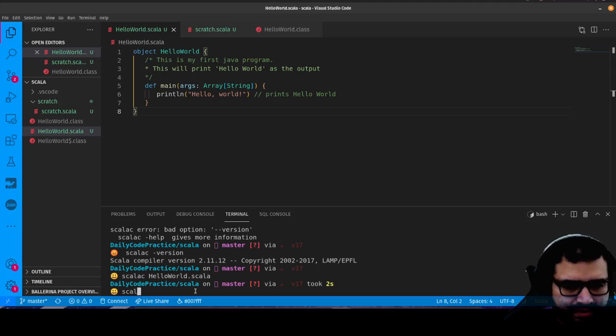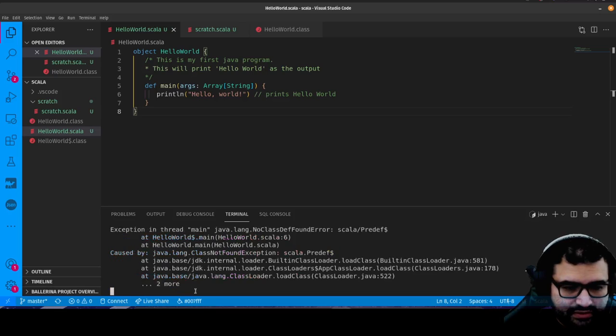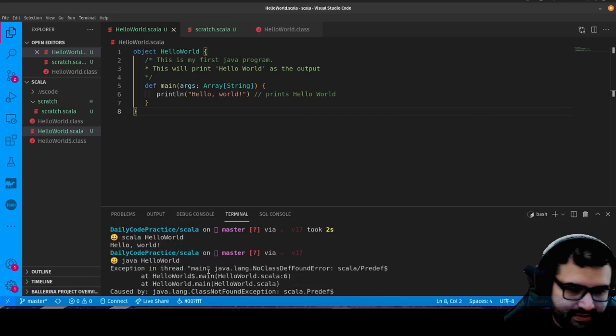Then I can just run it by typing in scala HelloWorld, and see that it runs that Java bytecode. I might even be able to run it just with a Java command. Let me try that out. java HelloWorld. Let's see what happened there.